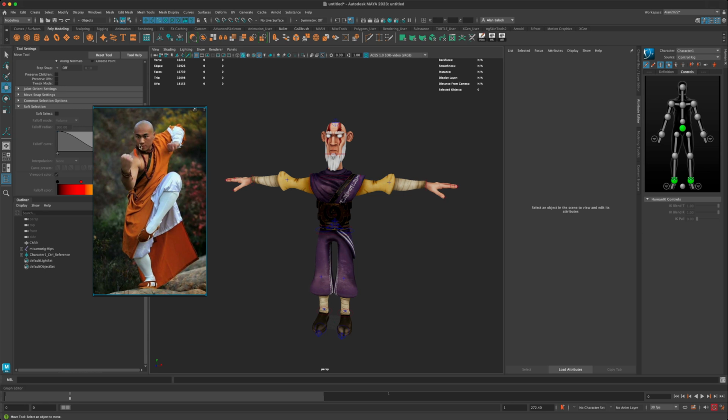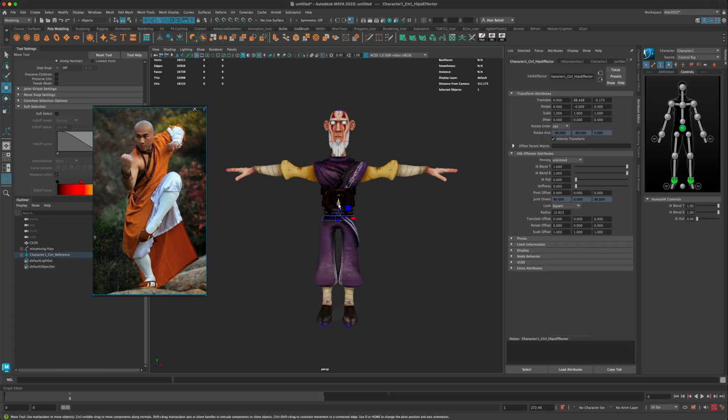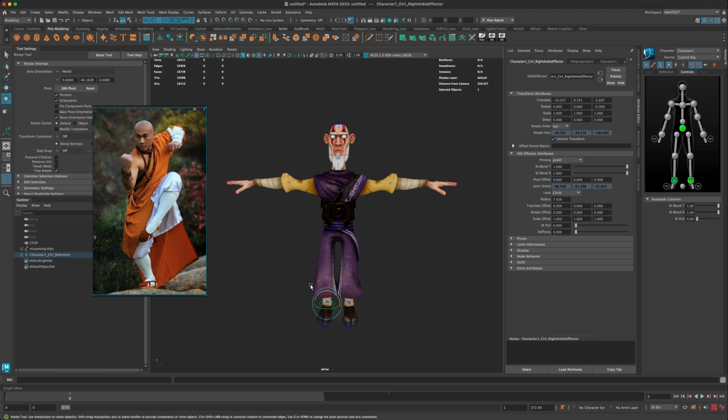So the first thing is, let's go from maybe bottom up, right? So I'm looking at his legs. His pelvis is still facing forward, and his left leg is sort of bent and the foot is kind of pointing to the right a little bit. So I'm going to try to mimic the left leg. So I'm going to take this, do something like this,